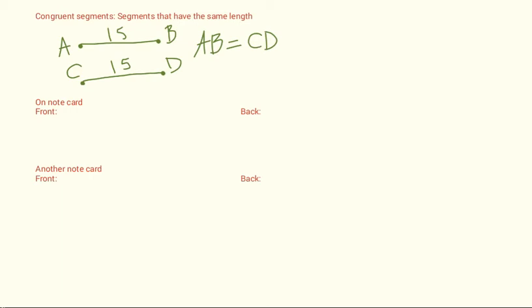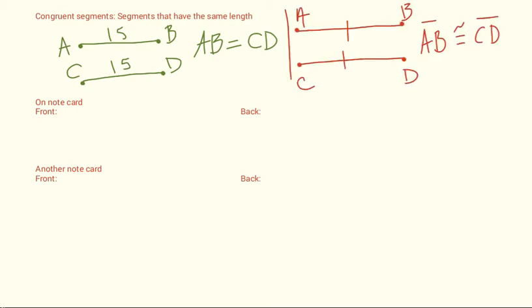As you can see from my picture, we have two segments drawn. I have no idea how long they are, and it doesn't matter because we don't care about the actual measurement. We just care that it's one segment and another segment. This line drawn through it shows that they are congruent to each other, and the notation then shows that segment AB, notice this segment above it, is congruent. That's what this symbol means, is congruent. So it's an equal sign with a little squiggle or tilde above it,